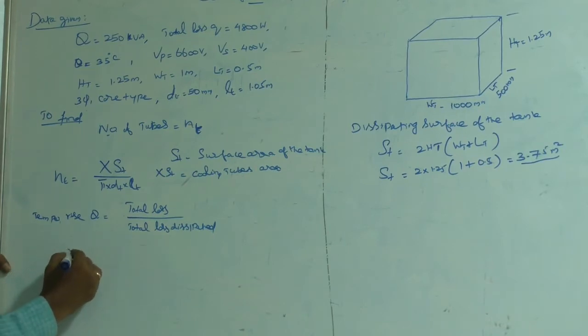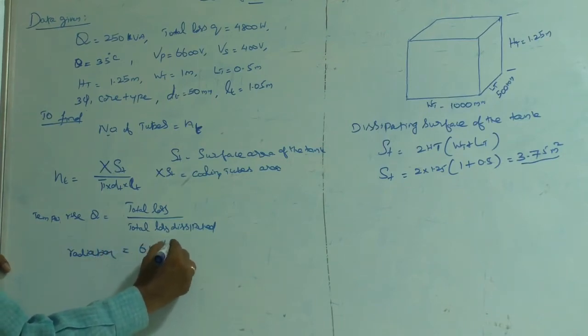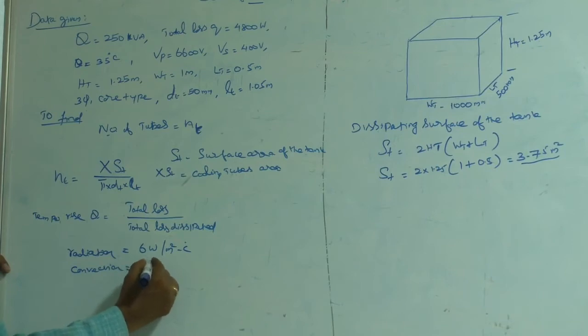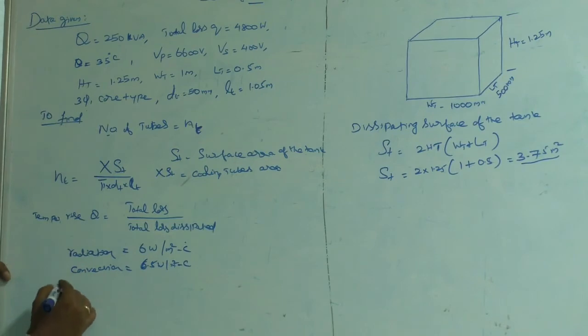One is by radiation. That is equal to 6 watts per meter square area per degree centigrade, and by convection, which is equal to 6.5 watts per meter square degree centigrade. These two are very constant. It will be constant for every problem. And due to the provision of cooling tubes,